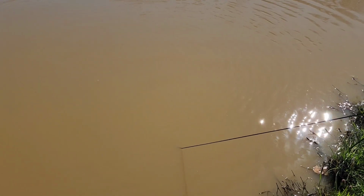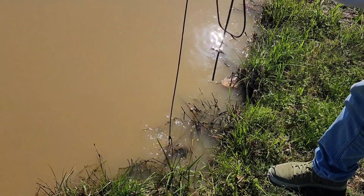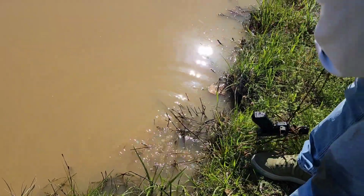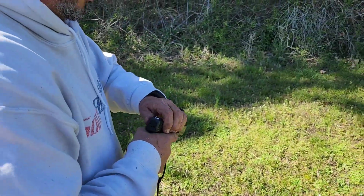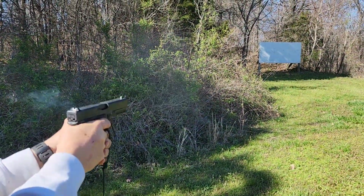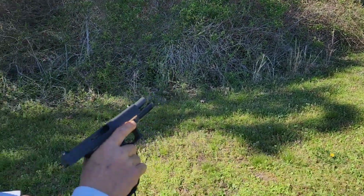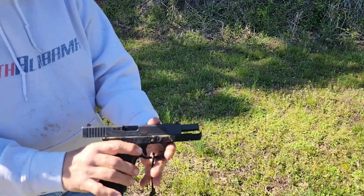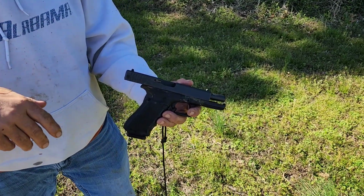There is so much mud on the bottom of this pond now. All right. Yep. That settles this one. We're gonna go down in the gravel and do some more